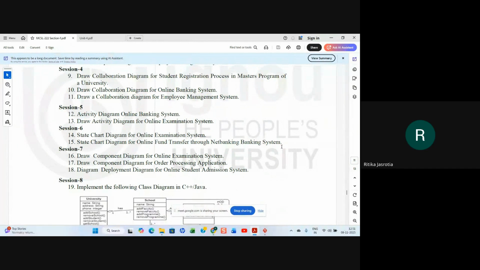In the fund transfer, if the beneficiary is available, you will select the beneficiary. If the beneficiary is not available, the next state will be that you will add the beneficiary. After adding the beneficiary, or if the beneficiary is already available, you will go to which option? Setting the limit of the transaction.